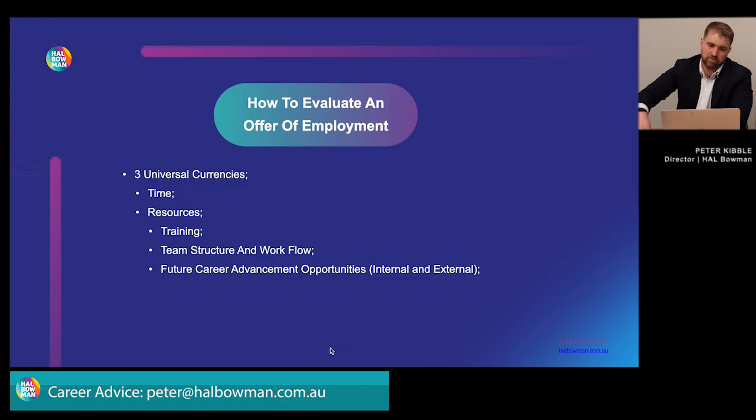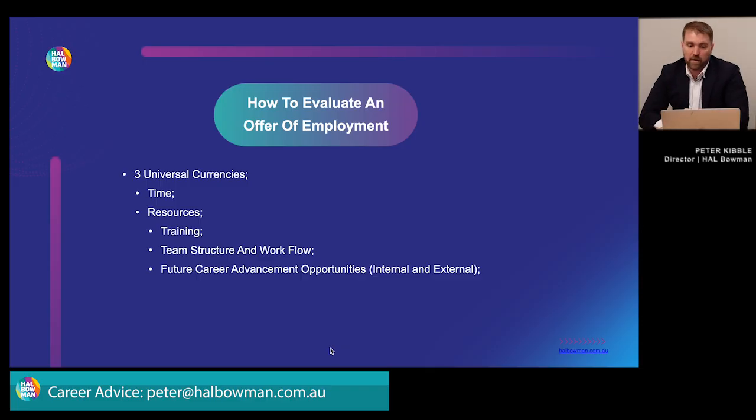And then the third option might be a similar sort of structure, but just fewer seniors. It's just going to come down to the competitiveness of getting that next opportunity. So on that metric, the business that we would recommend the person go to would be the second business, because there is that next career opportunity internally, but also there are sufficient people above that person to get good feedback on their work, etc.